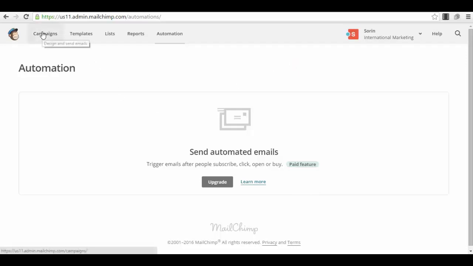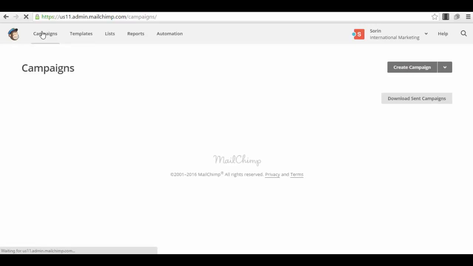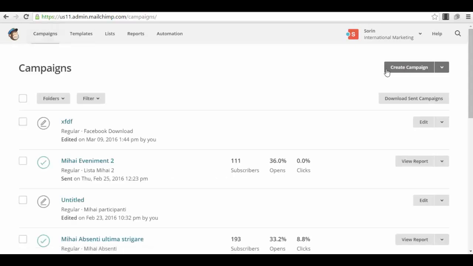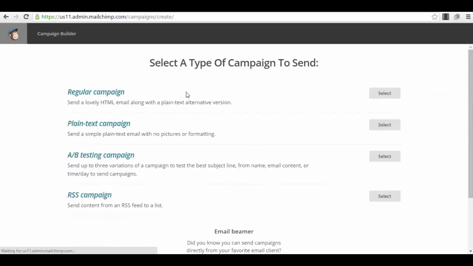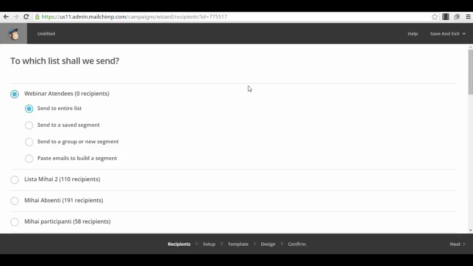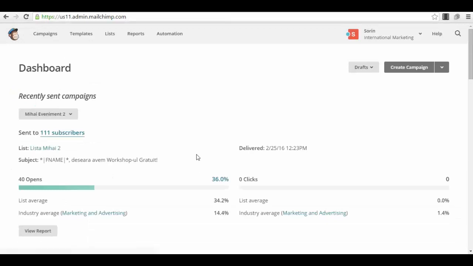If not, in MailChimp for example, you just have to send the newsletters manually. You just go to campaigns, you push the button create campaign, regular campaign. Okay, you select the list, webinar attendees, and after that you go further with the campaign. And obviously in the newsletter you just remind them of the webinar, but you need to send them manually every single day till the webinar, or of course it's up to you how you schedule your times, when you want to send the emails, how many you want to send, and so on. But that's about it. You'll have to send them manually.